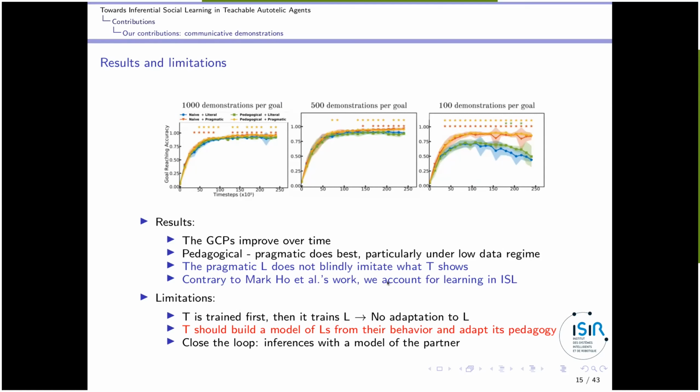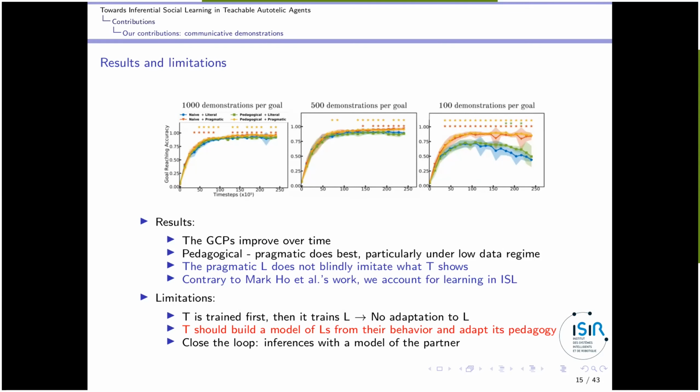Okay. And now what's interesting is that in the pedagogical and pragmatic pair of agents, we account for what Jérôme Bruner says, that the behavior of the teacher and the behavior of the learner do not match. Okay, they match through the goals, but the teacher is not doing the same movements as the learner. That's the general idea. Okay, and another point is that in Marco's framework, everything is given, whereas here we are using reinforcement learning, so the goal condition policies are learned by the agents through time. So we account for the learning part of inferential social learning.